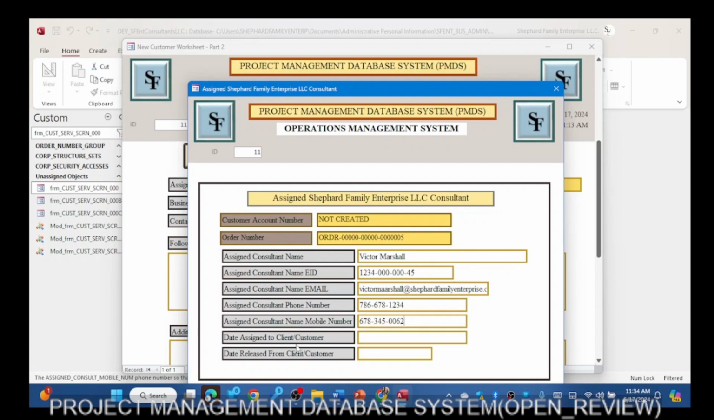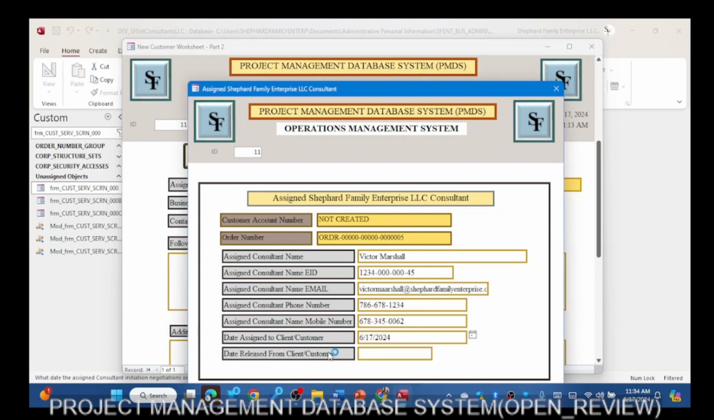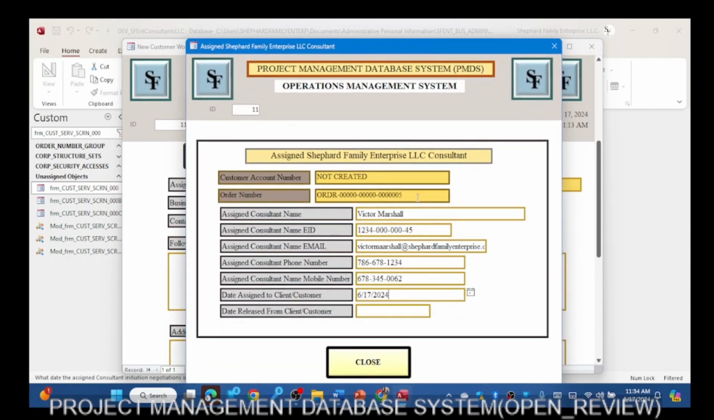All right. The date assigned: we'll say assigned today. And the date released from client customer, we're not going to do that, because that right there will lock the record. Okay, so now we know that this